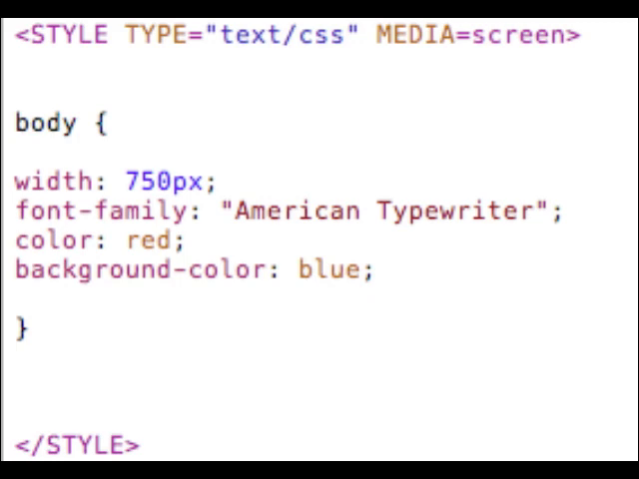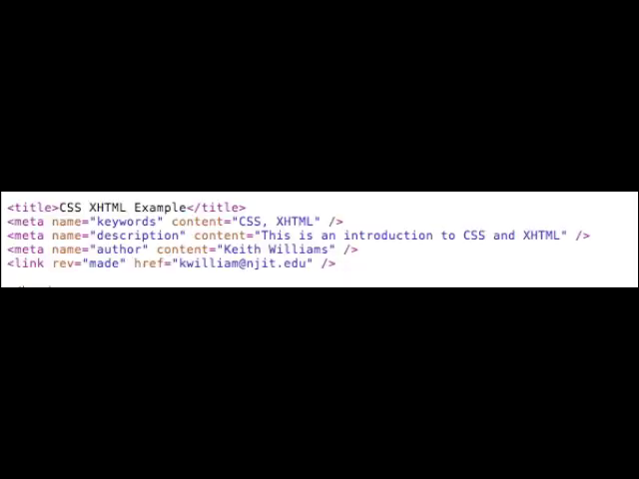And at this point we close the body selector by adding the curly brace to close it. And what we're going to do now is finish the style sheet by closing the style. Now, one of the things that we also can do here is,